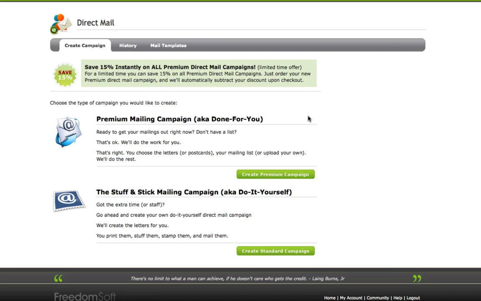How to create a standard campaign through your FreedomSoft system. A standard campaign is the basic stuff and stick mailing campaign. This is where you're going to do the work. You're going to find the list, go ahead and upload it into the system, and we're going to mail merge that information so you can print it and send it out really